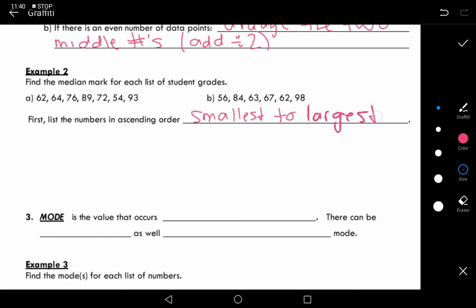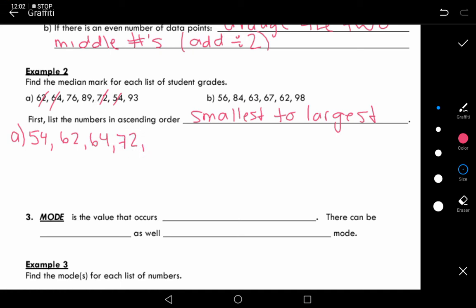Smallest to largest. Okay, so let's look at A here. First, let's start. The lowest number that I see is 54. I'm just going to cross it out so that I know I'm not going to repeat data or miss any numbers. The next highest is 62, then 64,